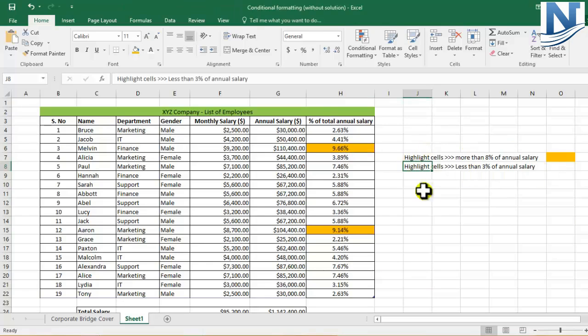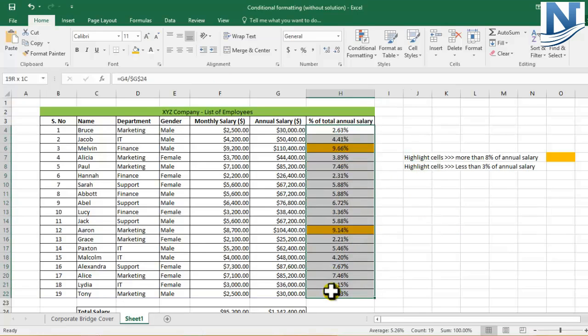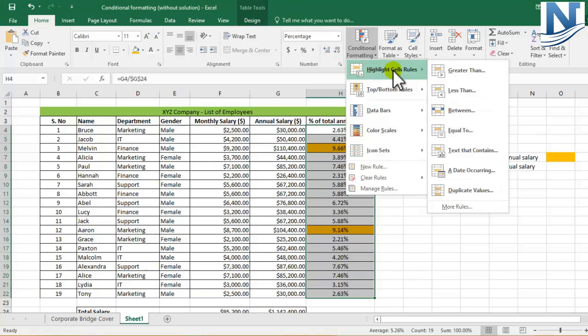Let's come to the second case wherein we want to highlight the cells which have less than 3% of the annual salary. So again, select the range or the cells where you want to apply conditional formatting. I'll go to conditional formatting again. First option, Highlight Cells Rules. And since we want to find the cells which have less than 3% of the annual salary, I'll click on the Less Than option.